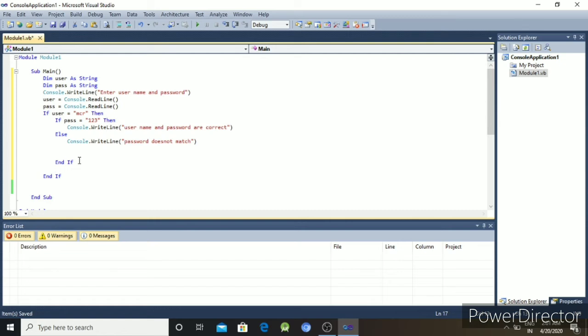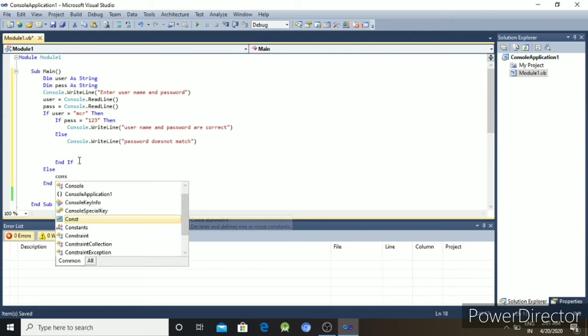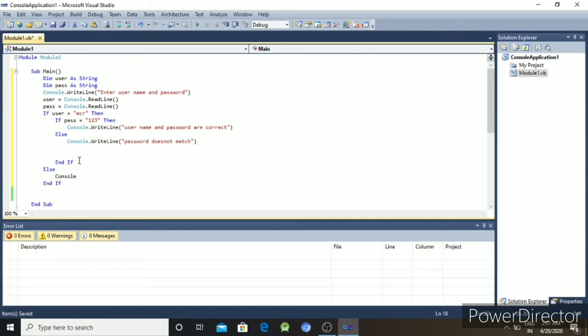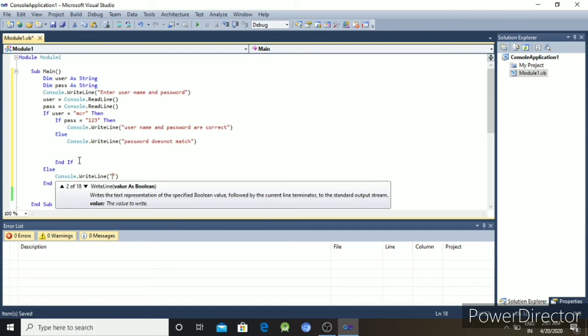So else Console.WriteLine, user name does not match.